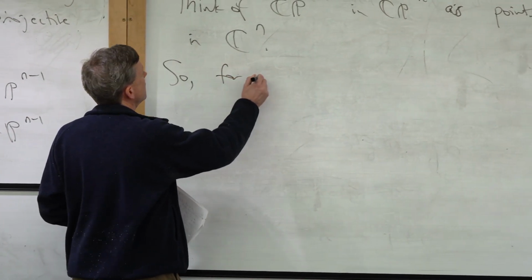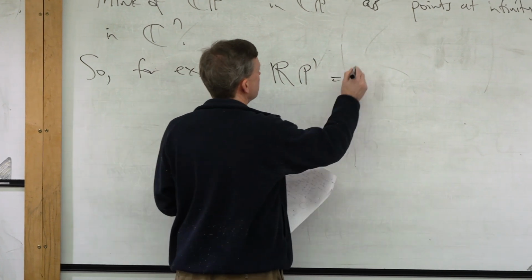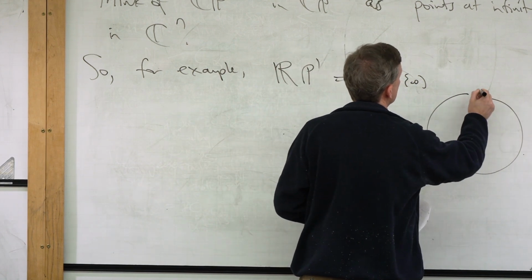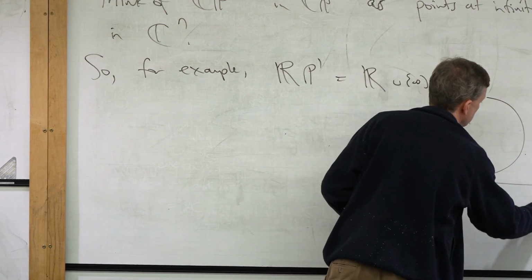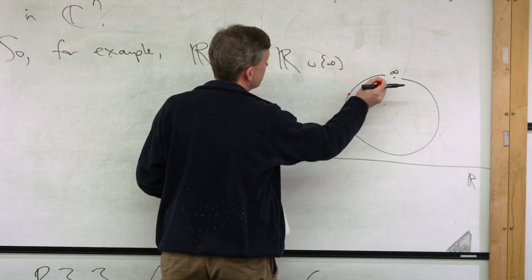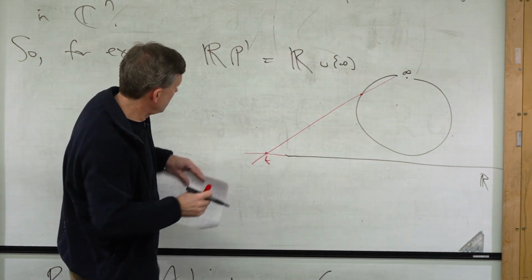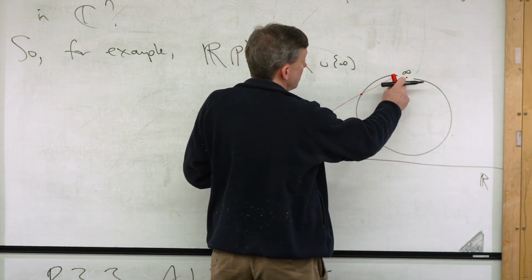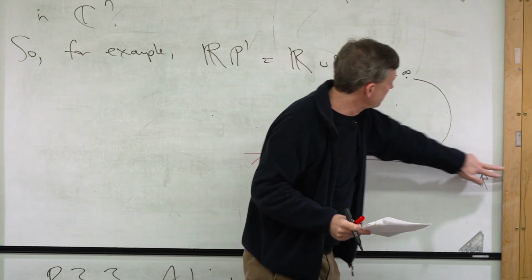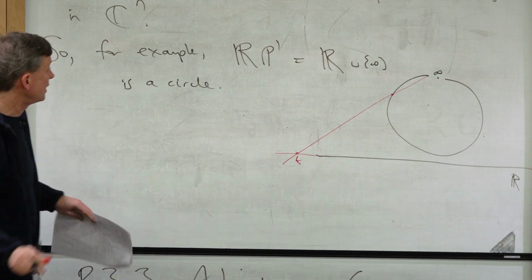So, for example, RP1, this is an R together with infinity. I'd like you to think about this as being, well, you can think about R as being a kind of straight line, but really it gets kind of rolled up. So R gets kind of rolled up into the complement of a point in the circle, and then you glue on infinity, and infinity is the same as minus infinity. You can get to this point infinity by going either to plus infinity or to minus infinity in R. So the topological space RP1 is a circle,